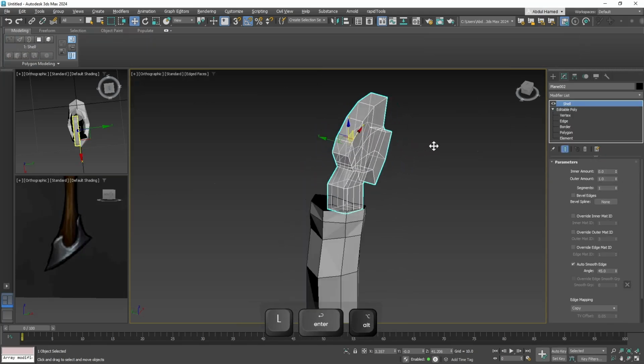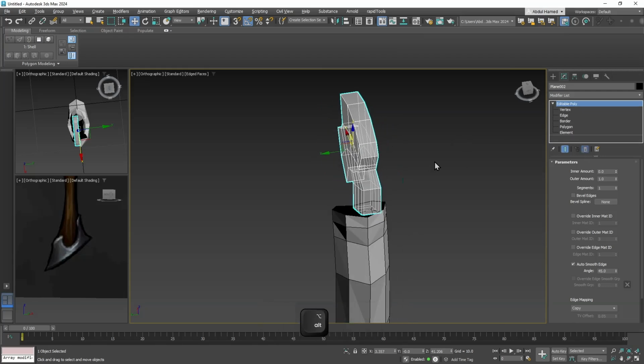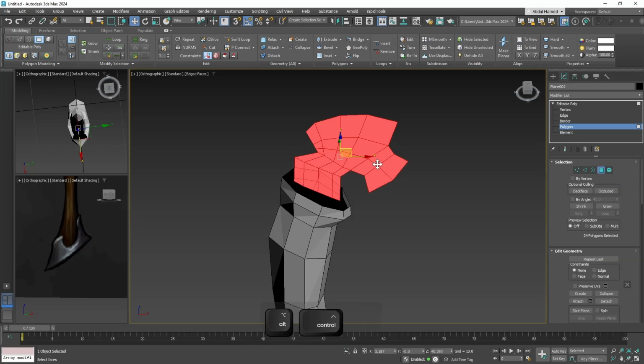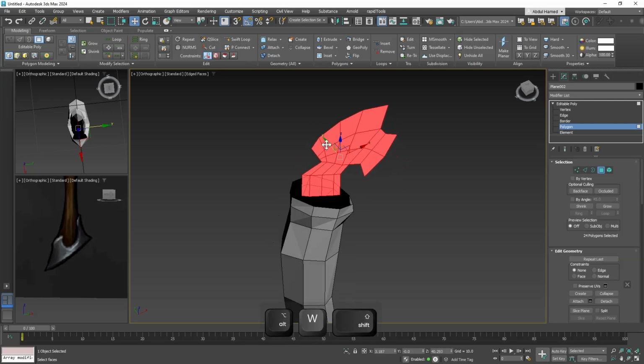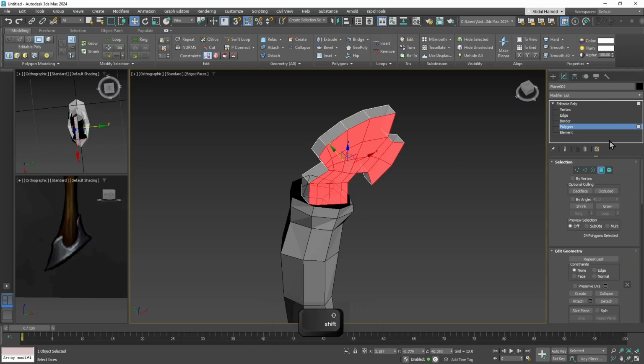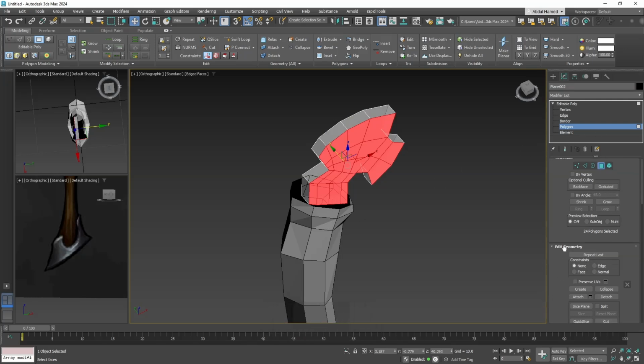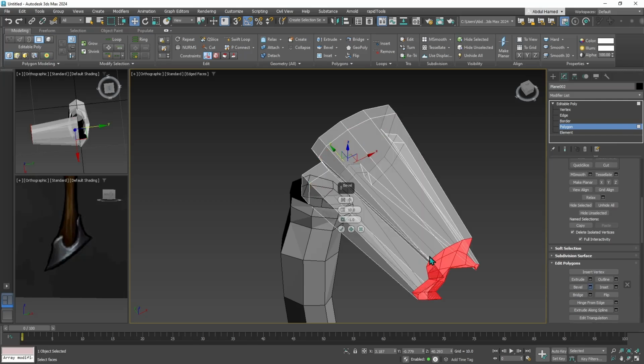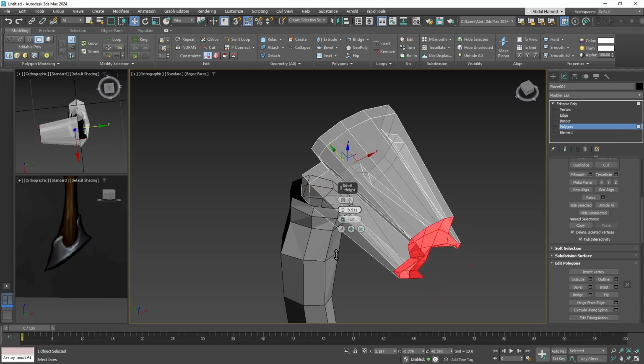We could also have it, let's extrude it, so let's undo that. Let's go into polygon, select all, shift and extrude, and then we will apply the bevel modifier. So make sure it's